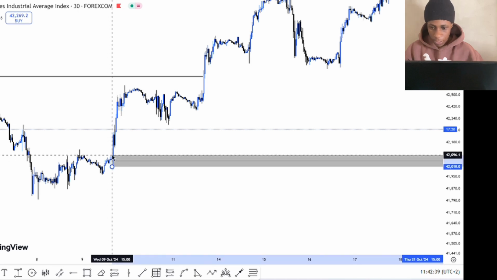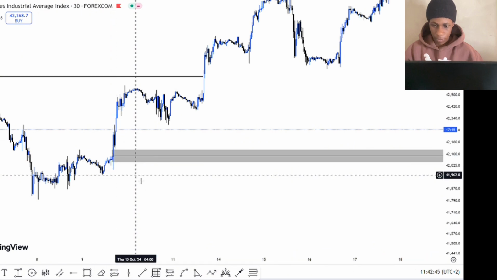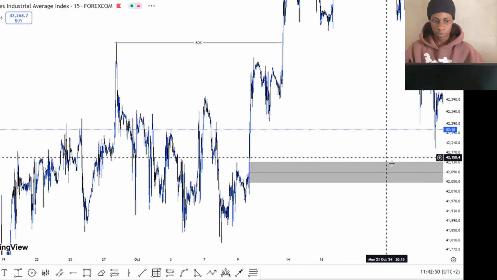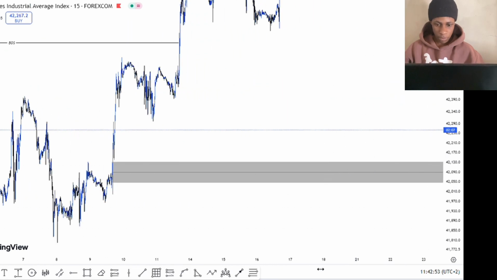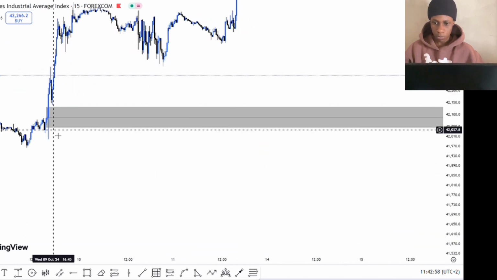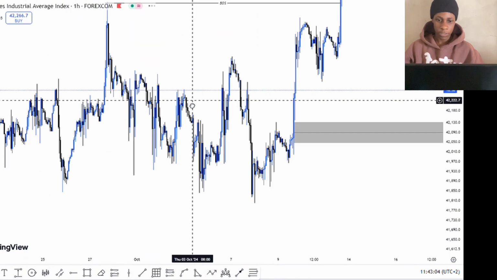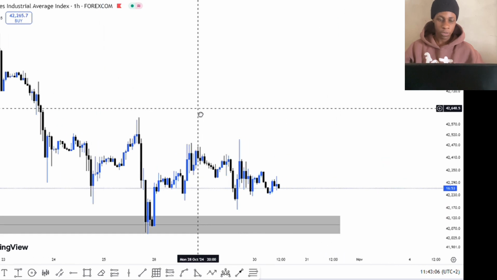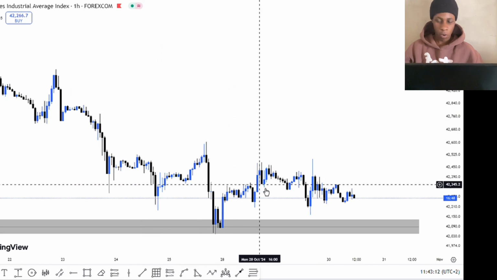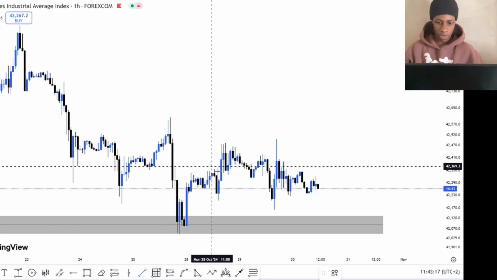On the 30 minutes, it seems to be aligning right there. This is what we have. Then let's move down to our entry time frame. Yeah, I will leave it on the 30-minute candle since it's aligning. So now the next step we'll do is, as you can see, the price has already tapped into our order block. So the next thing we're going to do is